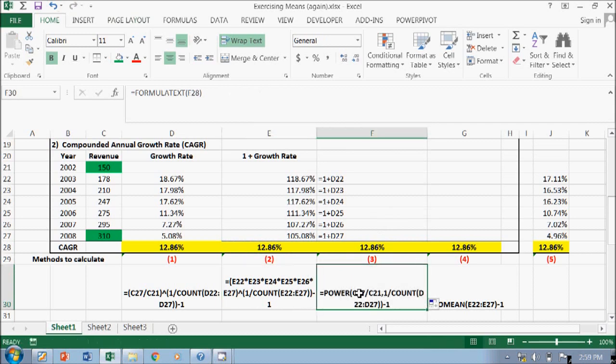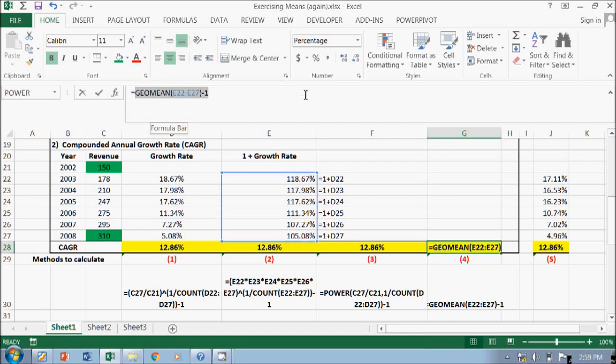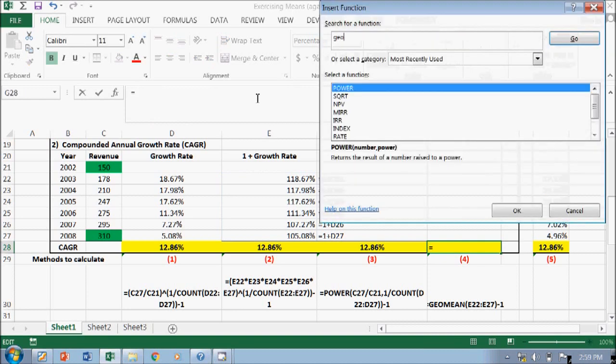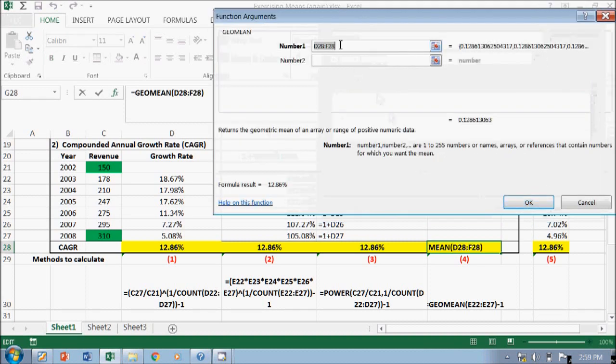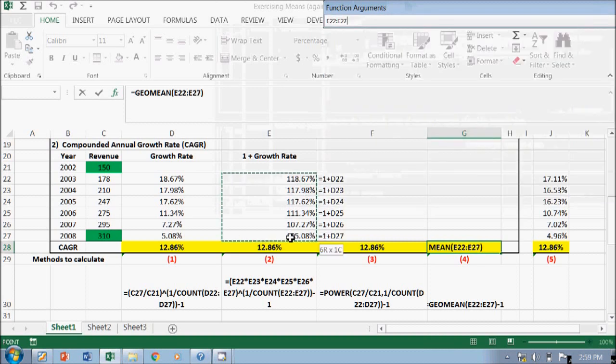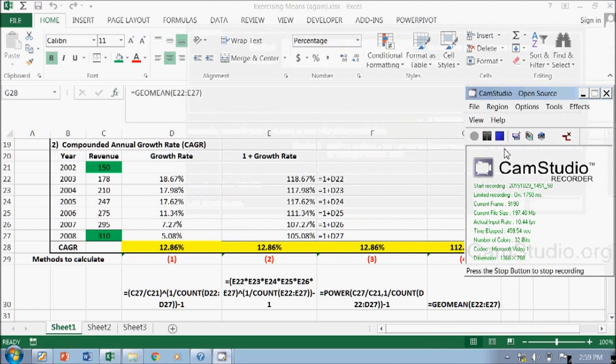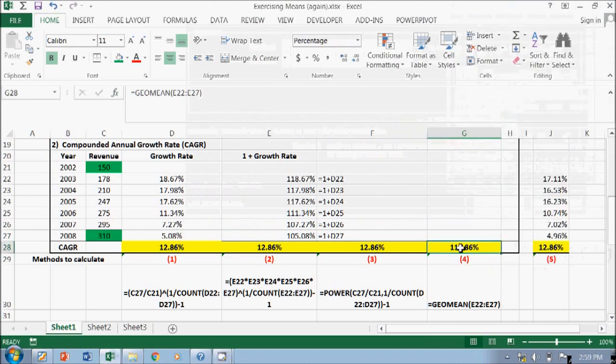So you see I will use the Excel formula, and then the fourth method I will use the GEOMEAN. This is also the same. This is the formula from Excel. It's not really difficult. You just insert formula and then you type GEOMEAN, and then you just OK, and then number is here, and OK. And then just minus 1.